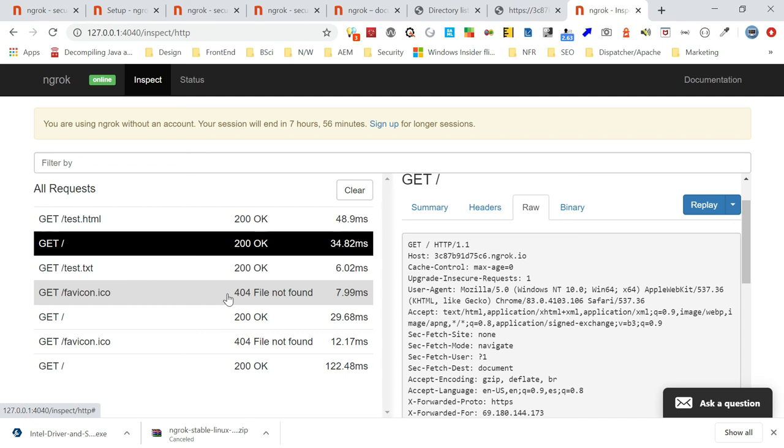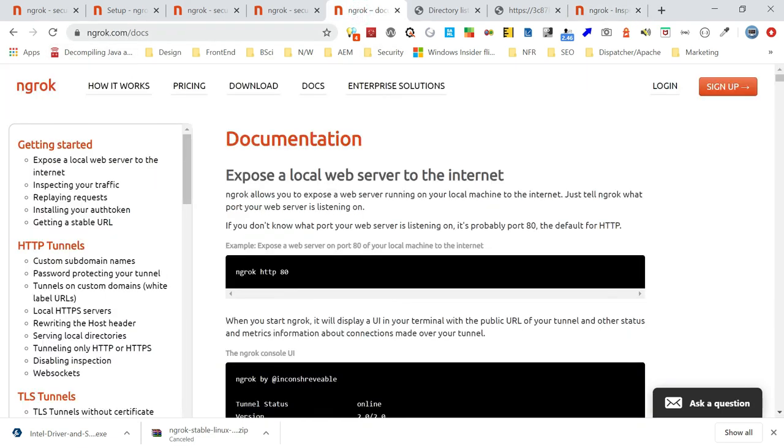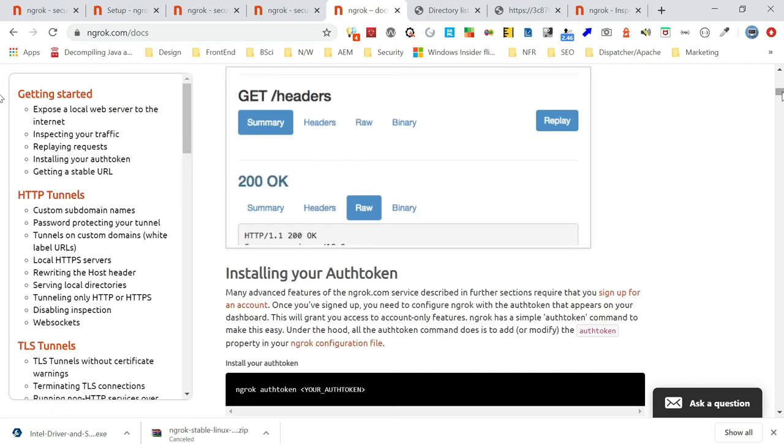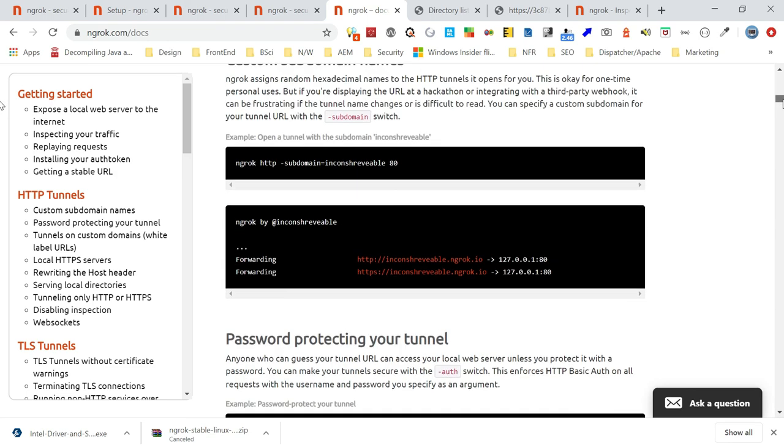This is not only for web servers, you can even share other services like SSH or multiple services externally. For any documentation you can refer to ngrok.com docs. It will detail it. You can do a lot of other functionalities, like if your web service is running on HTTPS, you can also forward, but you need to do some additional configuration.